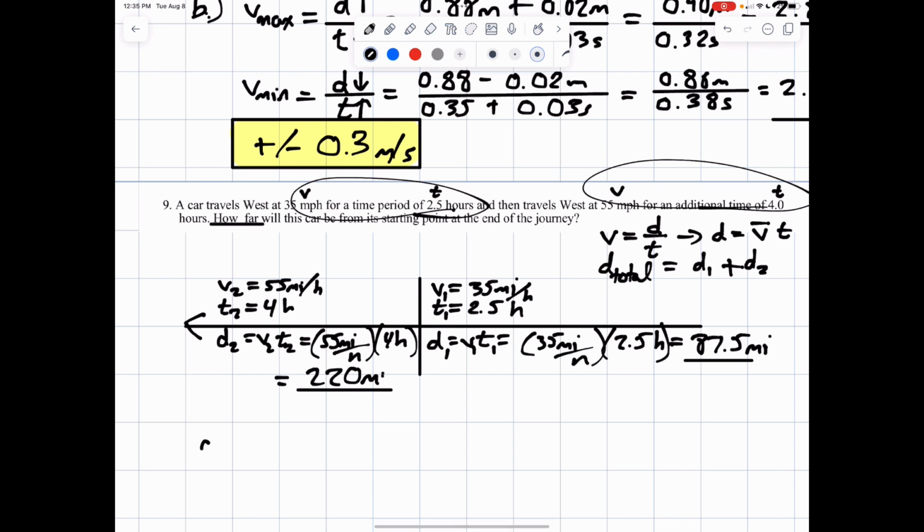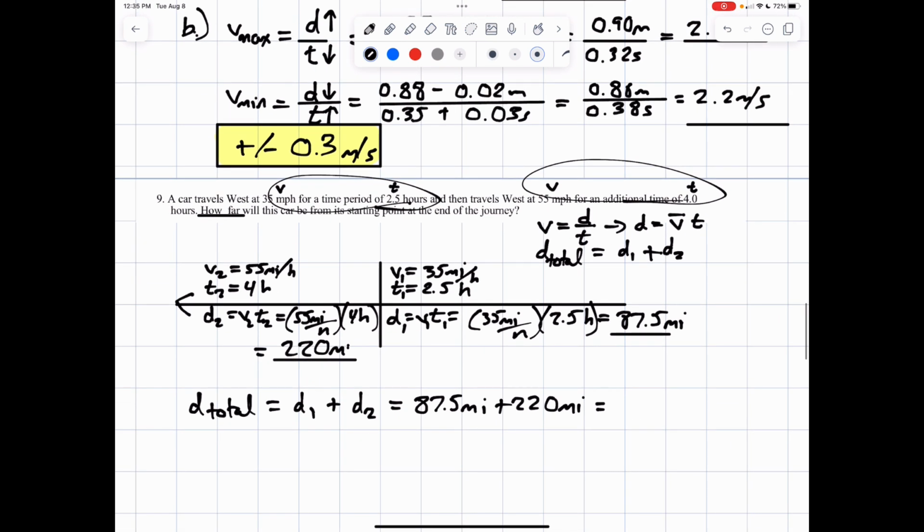So D total, distance, is going to be D1, that's the distance for the first 2.5 hours, plus D2, that's the distance for the remaining 4 hours. And that's going to be 87.5 miles plus 220 miles, in which case we get